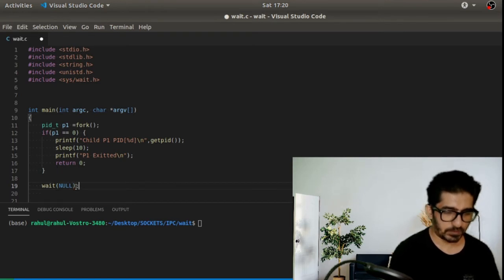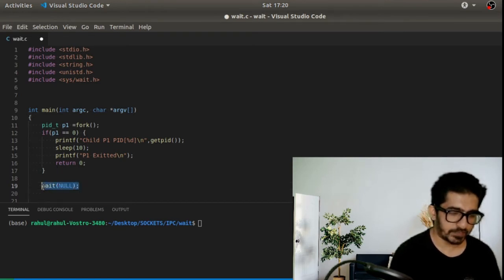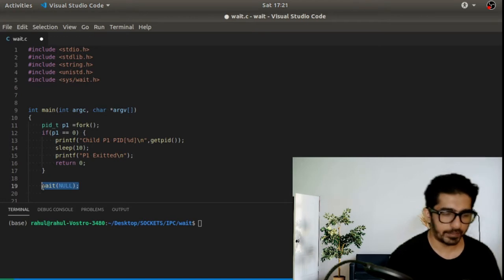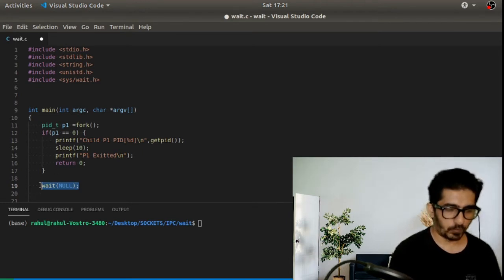As we see, this wait statement is a blocking call, and it will wait for that process to complete. It will keep listening to this process until some activity or change of state of this child process occurs. It will return two things.